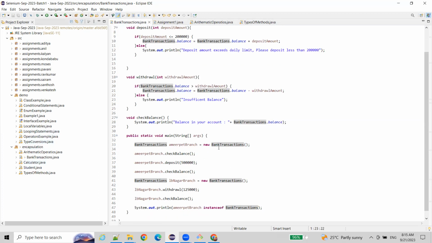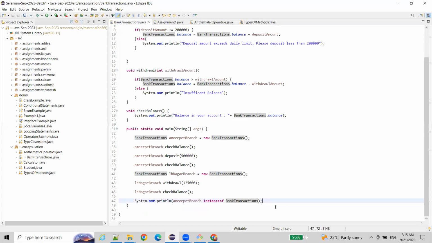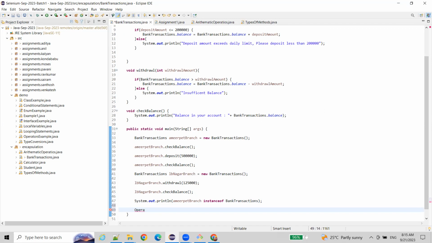Let me create an object for operators example. When you press control space,